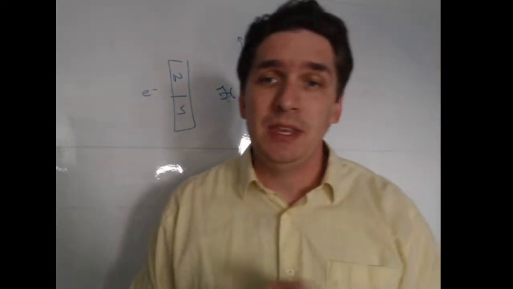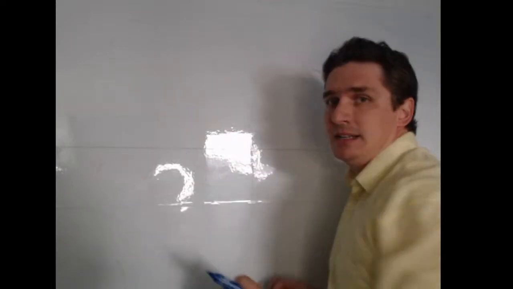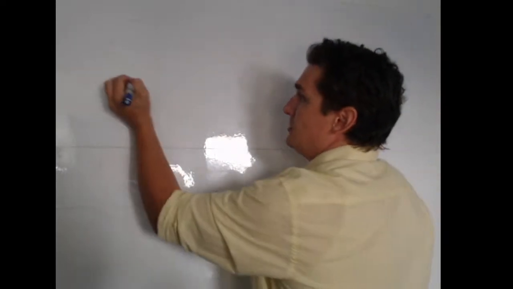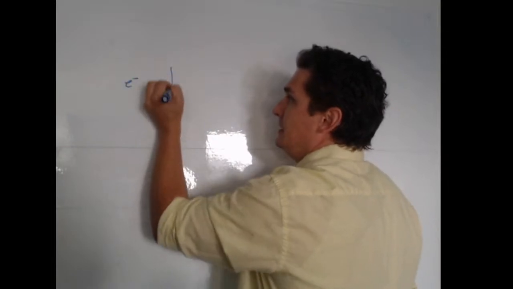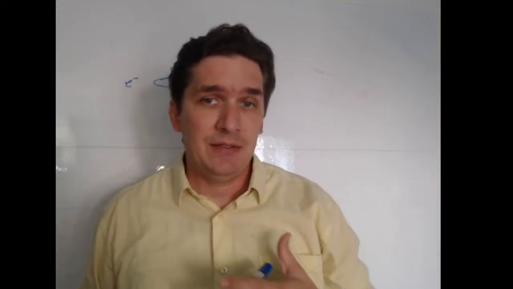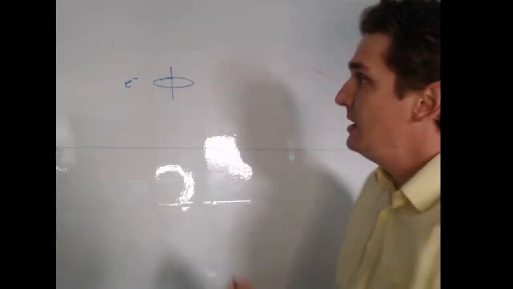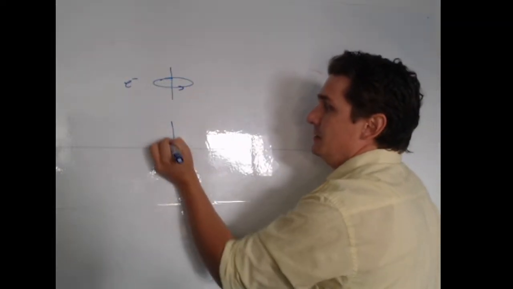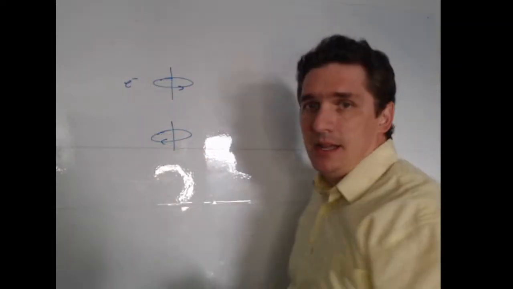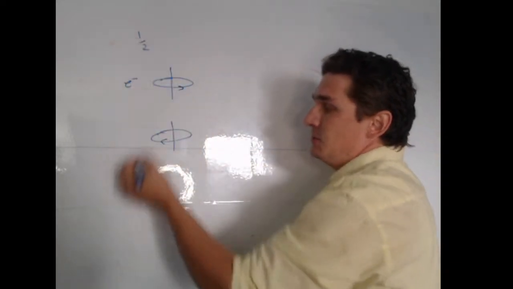So think of an electron not as a magnet, but instead as a spinning top. We have our electron, and it's kind of like a flywheel spinning around, and the magnetic field here is the gravity. There are two ways you can spin a top and it will be stable: one is clockwise, the other is counterclockwise. Both of these will be stable if you're just thinking about a spinning top and gravity. And that's actually where your spin number comes from. The spin of an electron is 1/2, which is the number of stable states